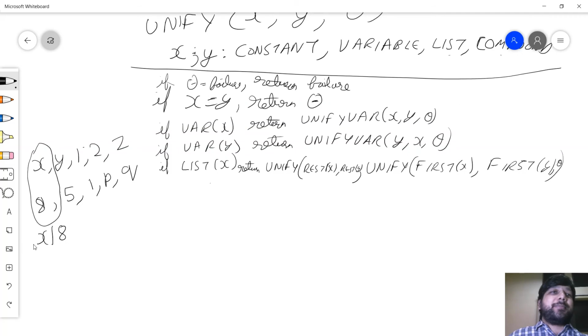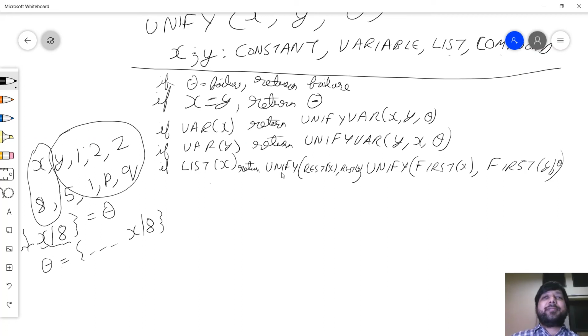Along with that, all the substitution that I would have been carrying in my theta. So I add the substitution in my theta, that's the result of this thing over here, the new substitution. And now my new theta, which is equal to old theta, along with the new substitution X is equal to 8, this is what I use to unify this thing. So unify all the rest, which is Y, phi, 1, 1, 2, P, Z, Q, and whatever I get, it's on the new theta, which is after unifying the first.